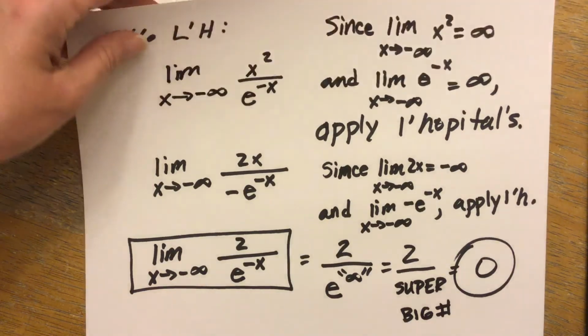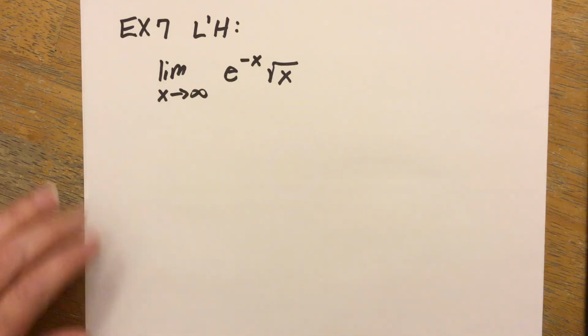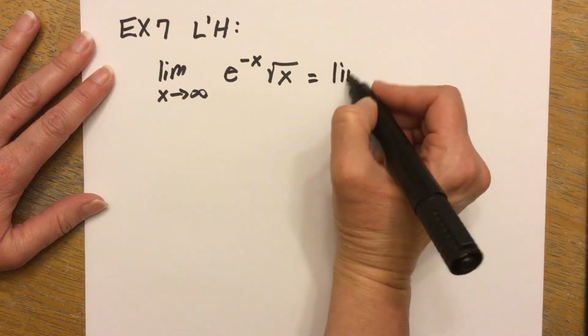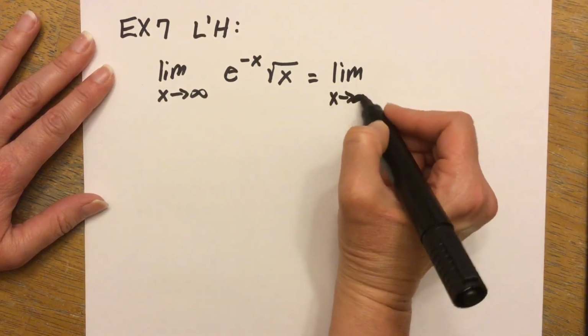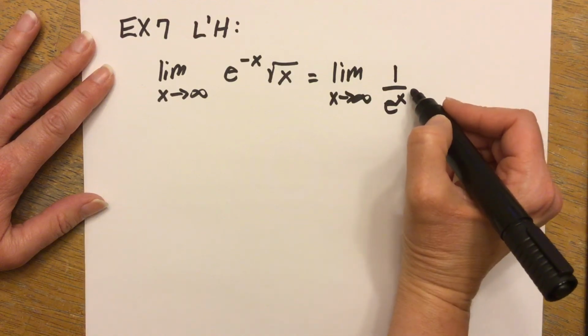Lastly, example 7. When we look at this, if I do a rewrite on this, we have the limit as x approaches infinity of 1 over e to the x times